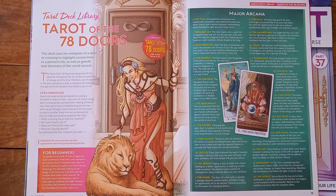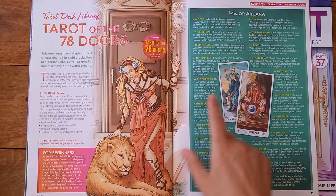Leaving home, meeting someone new, listening to music or daydreaming are all times when we go through a door and pass from one place to another state. Every time we symbolically do this, we might ask ourselves questions like, what is pushing me to cross the threshold? Am I sure I have to do it? What will I find on the other side? What am I leaving behind? To understand the door metaphor, we need the cards. And your